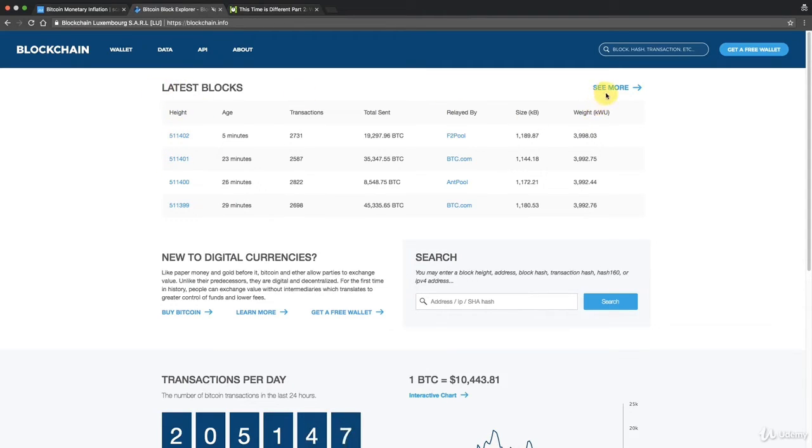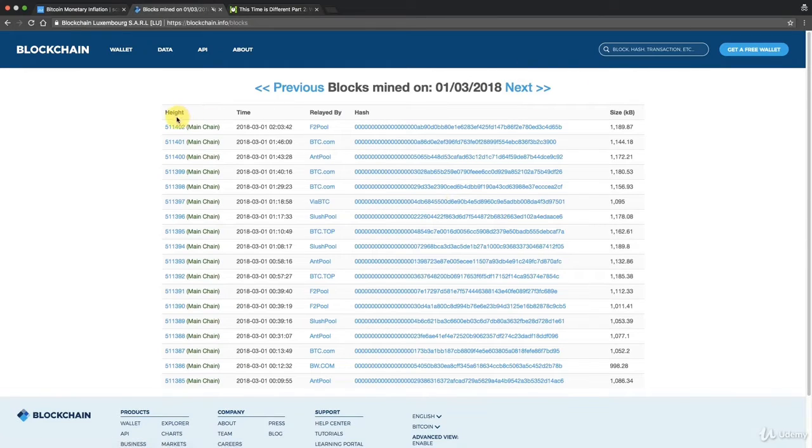And so now if we go to here, see more, and we'll see the most recent blocks, you can see the time when they were mined. You can see this one was mined at 02:03, this one 01:46. So what's the difference in time here? It's 17 minutes. So here it's 3 minutes. Here it's another 3 minutes. Here it's 11 minutes. Here it's, what is this? 11 minutes as well. So if you take these times and you take the average, because again, it's a cryptographic puzzle, it's statistical, so basically it can vary, it can fluctuate up and down, but if you take the average, it should work out to be 10 minutes.